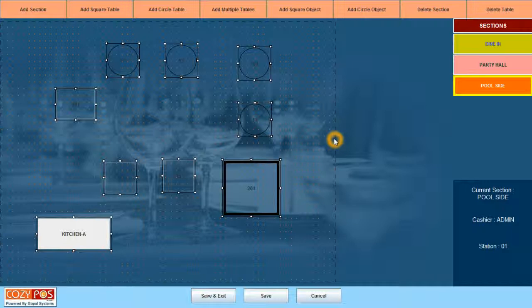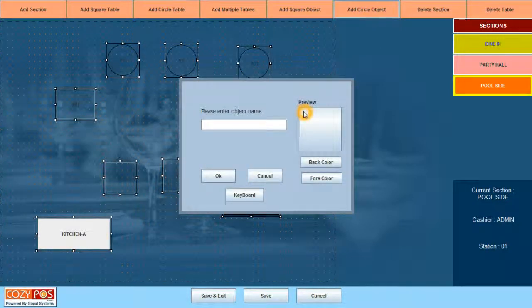Then suppose we want to add square objects, we added. Now we want to add a circle object, we can add it from here. Suppose we want to add washroom. We can change fore color and back color from here.